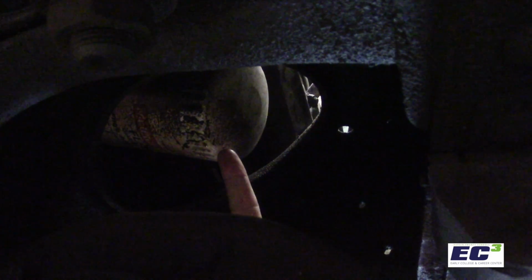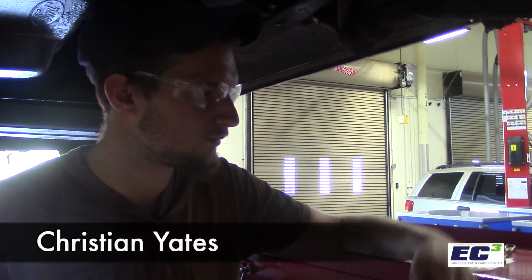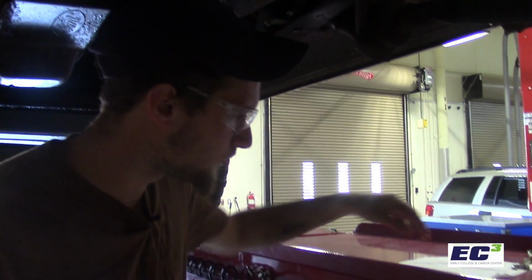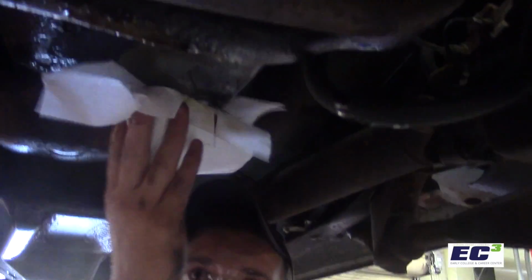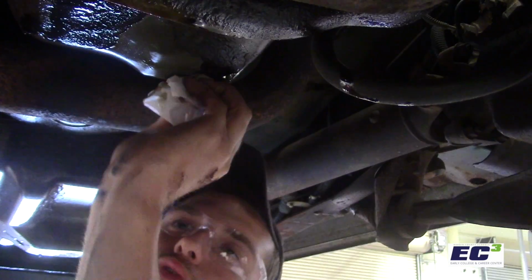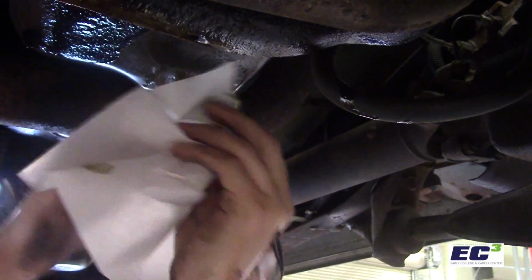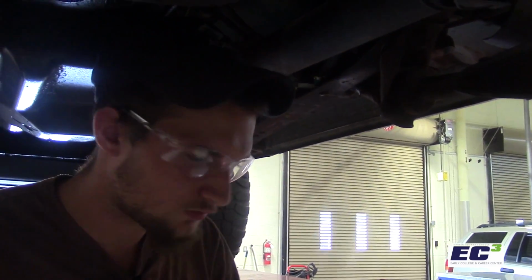And the oil filter on this vehicle is right here. All right, now that the oil is drained, it's time to put the oil plug back in. But first off, we want to make sure that we wipe off any excess oil off the oil pan. That way we make sure it's nice and clean for when we put the drain plug back in. All right, now that we got that wiped off, I'm just gonna go ahead and wipe